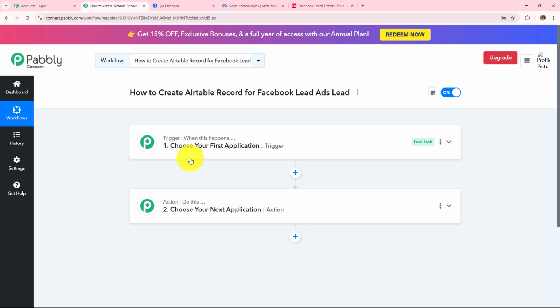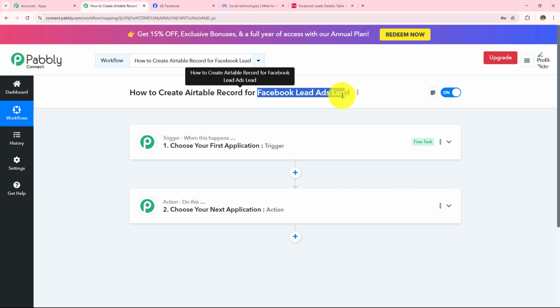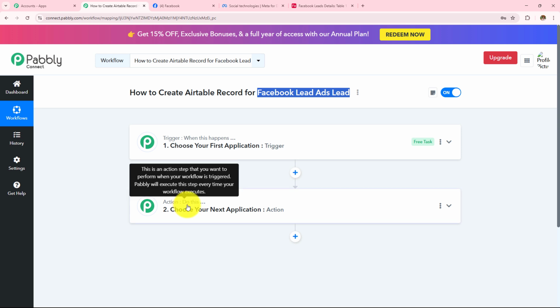Here in this workflow, I want to create an Airtable record for a Facebook Lead Ads lead, which means whenever I receive a new lead in my Facebook Lead Ads, a record will be created in my Airtable account. This complete workflow will get triggered because the trigger says when this happens, so when I receive a new lead in my Facebook Lead Ads,